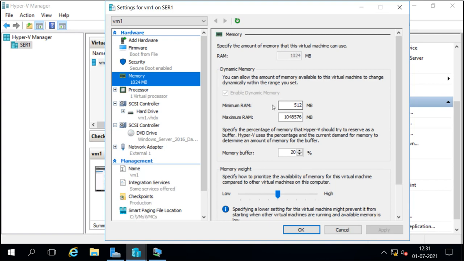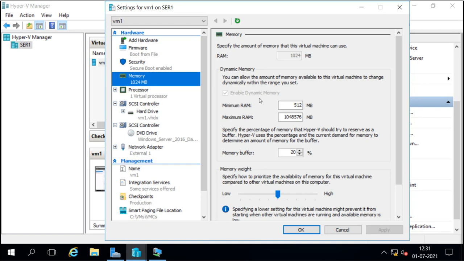So it is what? It is 1 GB actually. The RAM is given 1 GB, and we can increase it, but actually the problem here is that it is dynamic. It is a dynamic memory. You see here, when I started the machine, when I configured the machine, I selected dynamic memory. So if it is dynamic memory, then you can't add memory unless the machine is in generation 2.